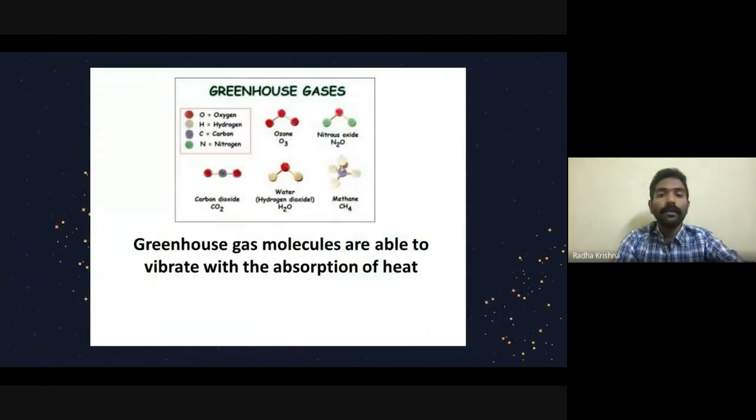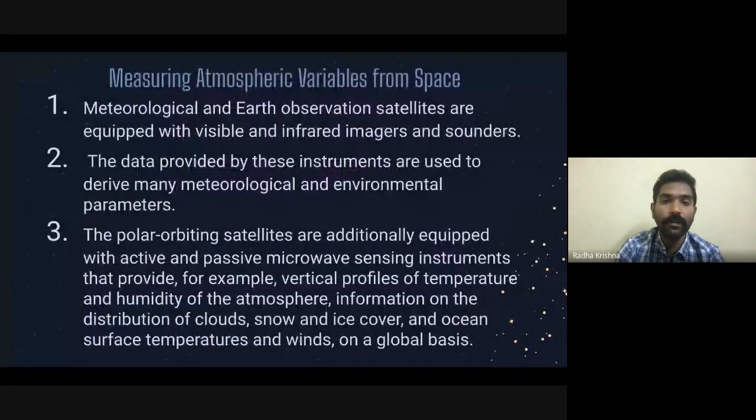So why this absorption happens, we want to understand, is basically there are molecules, right? These are certain examples of greenhouse gases: carbon dioxide, water being a very big greenhouse gas, ozone, nitrous oxide, and methane. What happens is these molecules are very much prone to vibration, right? So they can vibrate, they can rotate, they can translate, and in these modes of vibration they can absorb a lot of heat, absorb a lot of radiation also. So in this way they actually absorb this radiation,